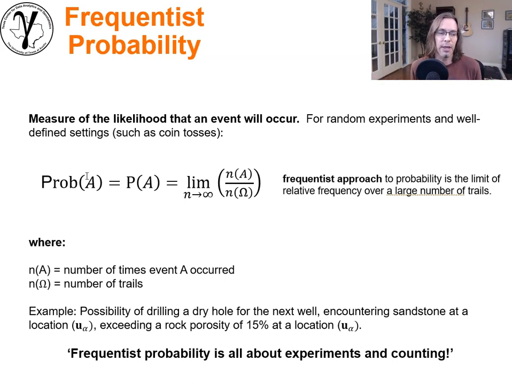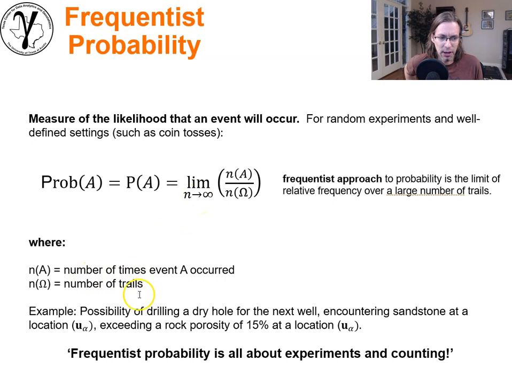We can define any event as being A. The probability of A occurring, which we'll use shorthand notation P(A) for, is going to be equal to the ratio of the number of times that A occurred over the total number of trials or experiments. And what we'll say is that N must be large enough. We'll get more accurate the more experiments we run, but we'll talk later about the false belief in the law of small numbers and how dangerous it is to use too small of an experiment. But it has to be a large enough number of trials.